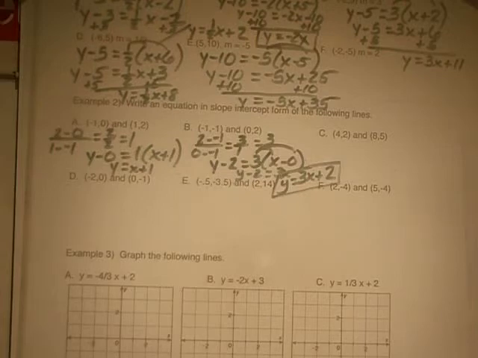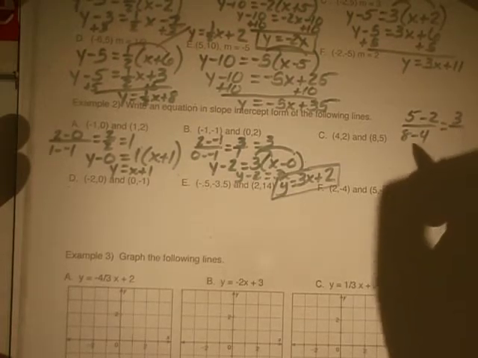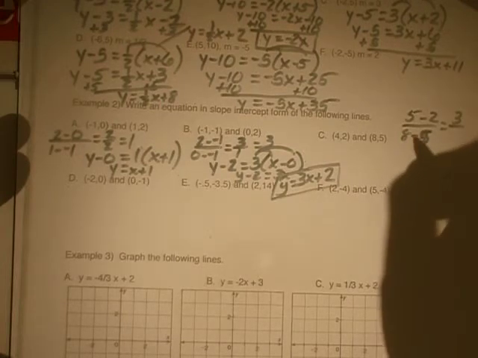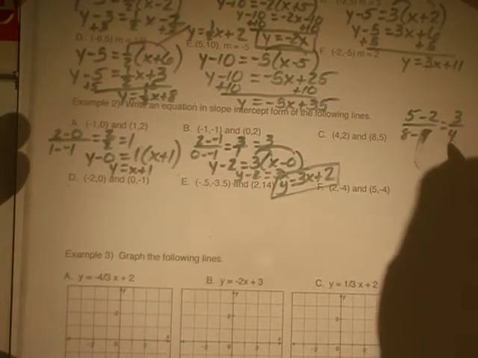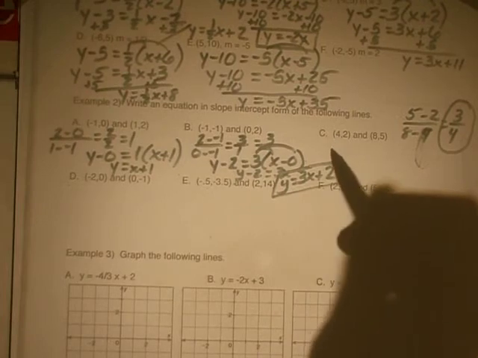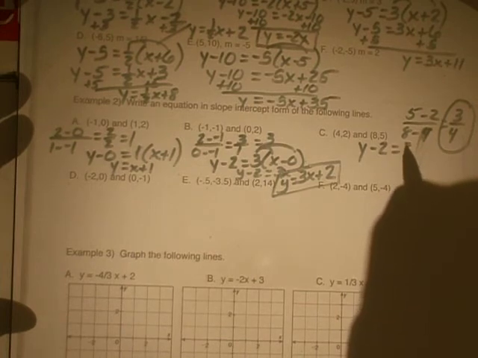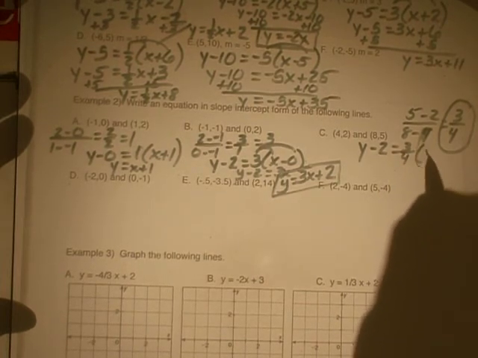Letter C, finding the slope, y minus y, x minus x. We will do 5 minus 2 over 8 minus 4. 5 minus 2 is 3. Oops, this is 8 minus 5. No, it's not. 8 minus 4 is 4. So our slope is 3/4. I'm going to pick this first point. The numbers look a little smaller. Either one will be fine. Y minus 2 equals 3/4 x minus